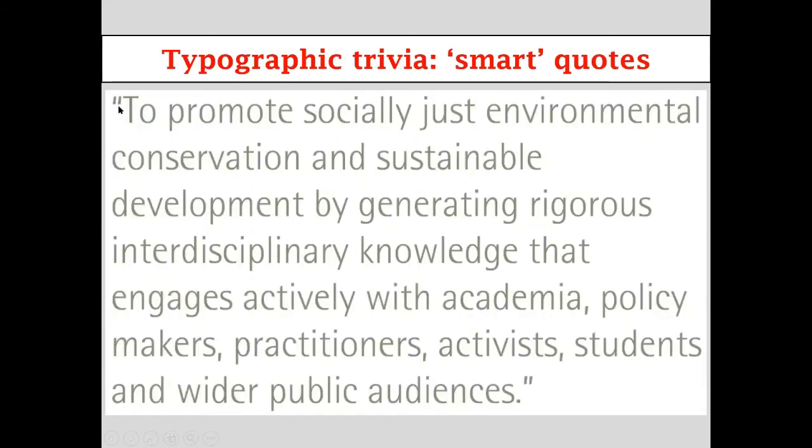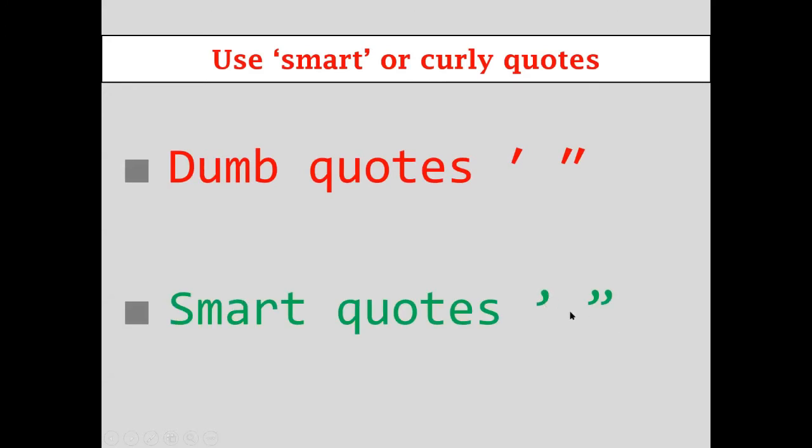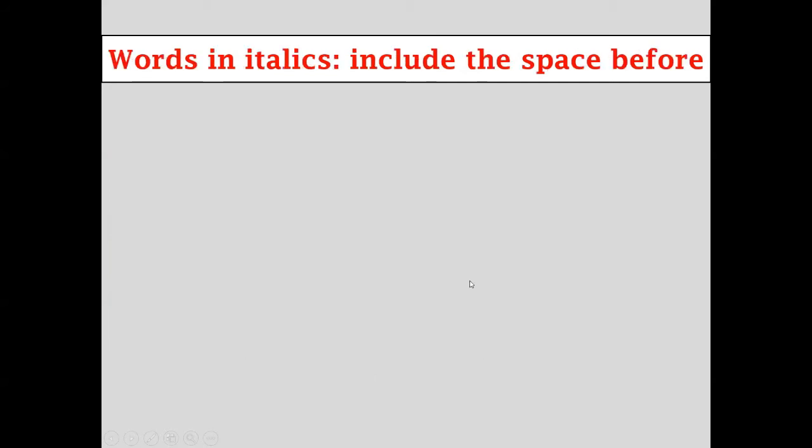Then simple things like quotation marks. Now you see this is typeset text, but it uses inch marks. These are not quotation marks. You must use proper quotation marks, turned inwards or outwards as appropriate. Don't use prime and double prime marks for feet and inches, but use smart quotes. Capital letters: again, it is not a good idea in terms of readability to have too many capital letters too close together. Either space them out or use lowercase letters. All caps makes it difficult to read.